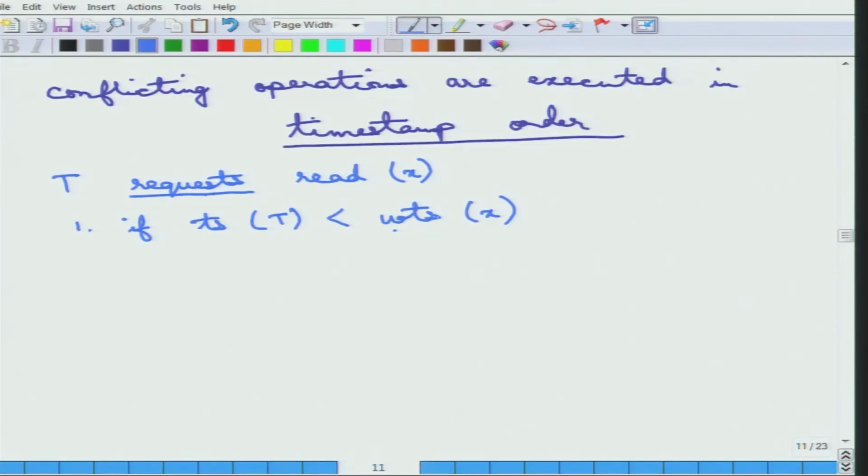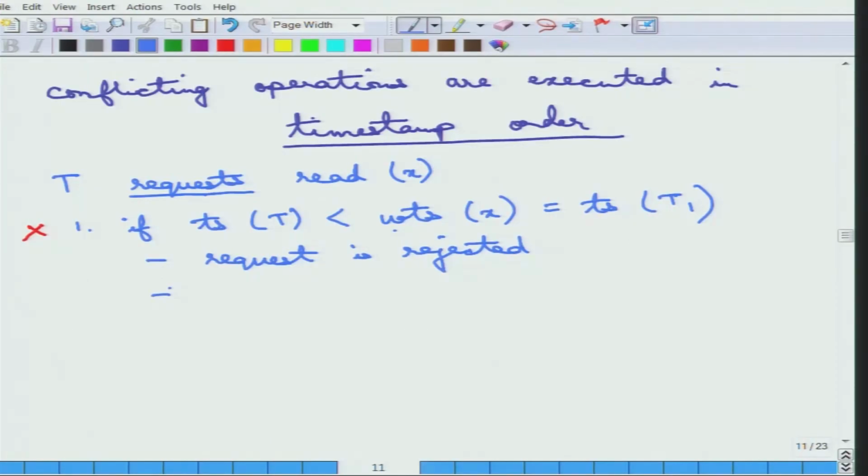So just to elaborate this further, suppose the write timestamp is essentially the timestamp of some other transaction T1 that has written. So the timestamp of this transaction T is less than the timestamp of the transaction T1 that has written. So T should have read the value before T1 got a chance to write it. It has not done so, so this is wrong. This operation is not going to be allowed. So what it does is that this request is rejected,